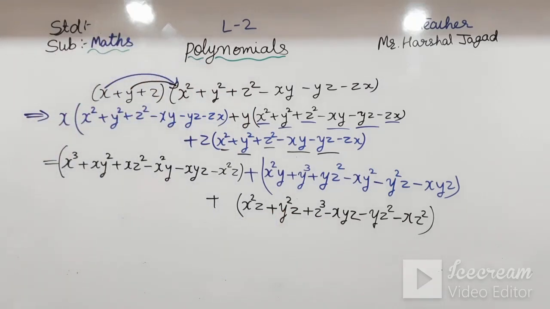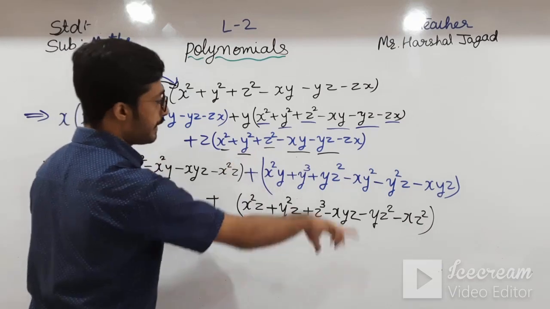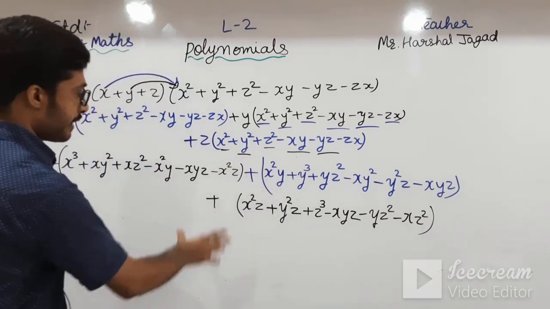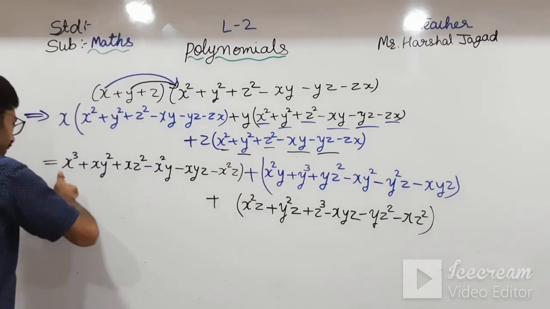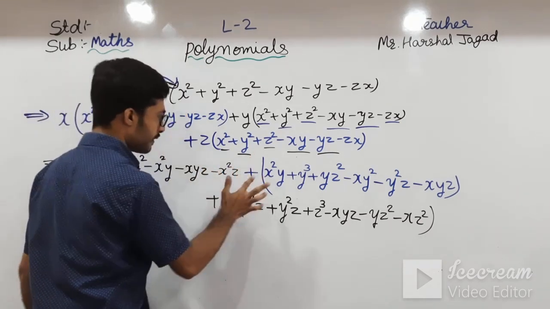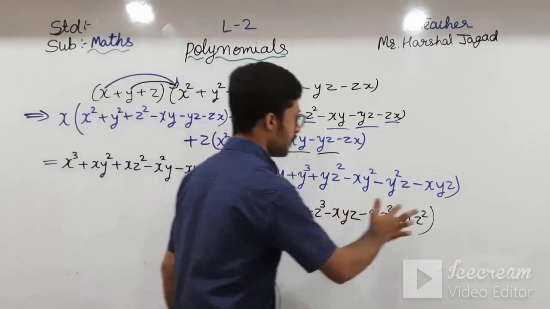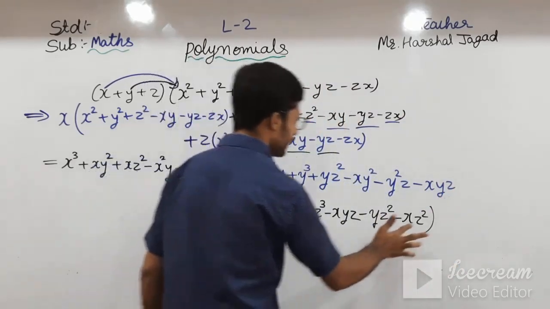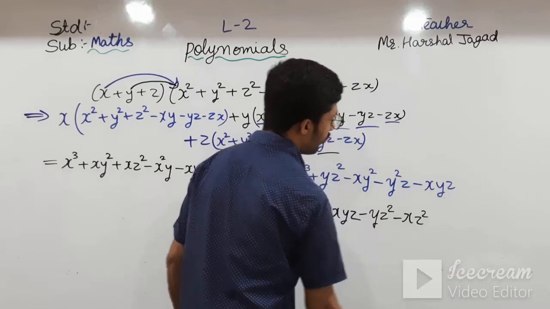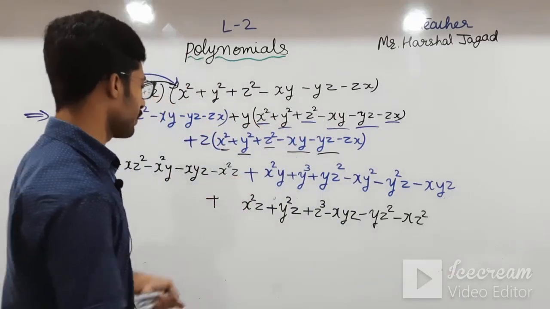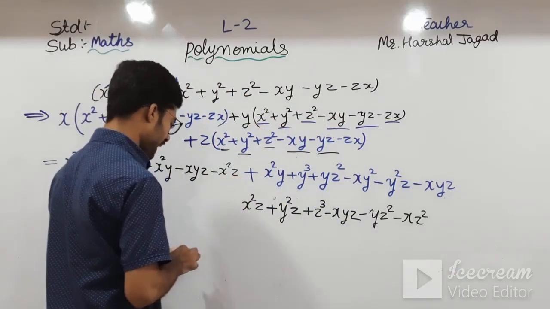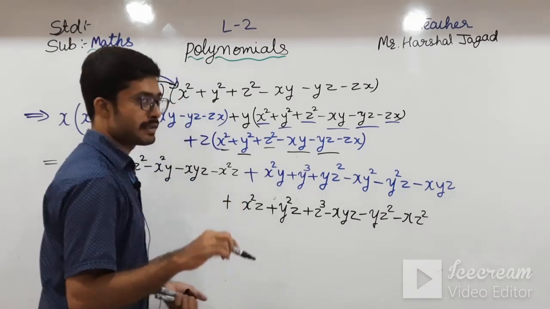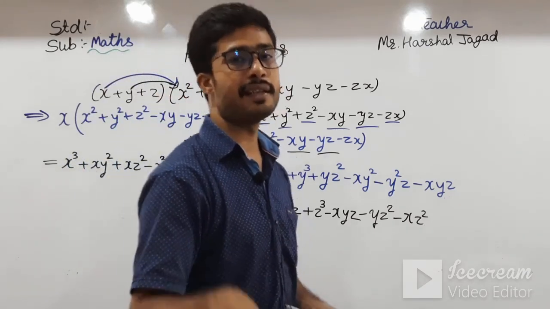Now what we will do is, students, we will take this out from the brackets. Here there is no space, so I am just rubbing these brackets. So this we have taken out from the brackets. There will be no sign change because we have to do plus only. If there is minus, then we have to open the bracket and change the sign.